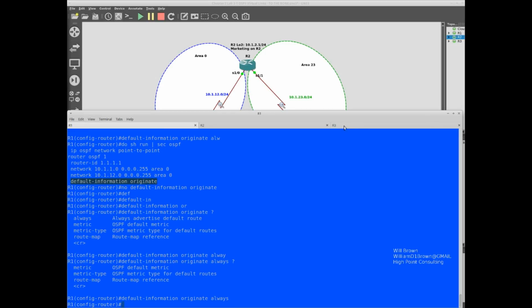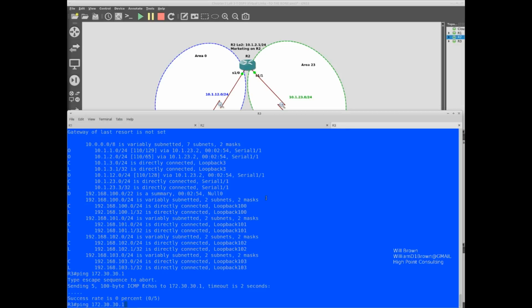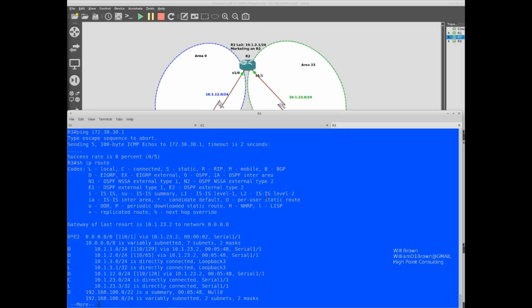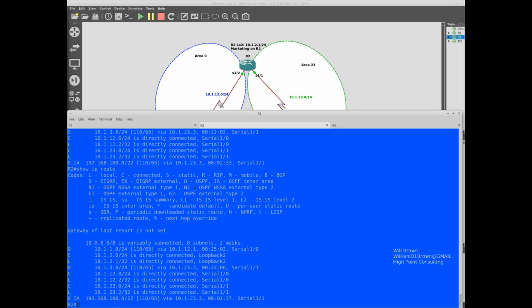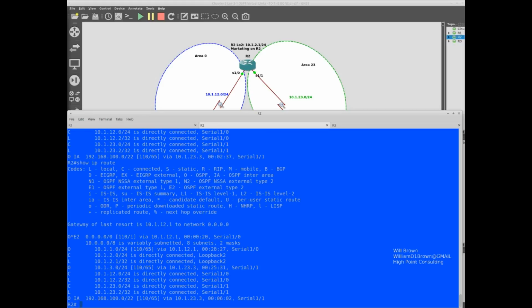So now show our routing table. Oh, there we go. Now we have this E2, this OSPF E2, which up here in our legend says that this is an OSPF external type 2. And so we now have a default path. Should also see this on router 2. I don't know why I didn't catch that when I was looking at router 2. Router 2 didn't have the default path. Now if I type it, router 2 now has a default path.